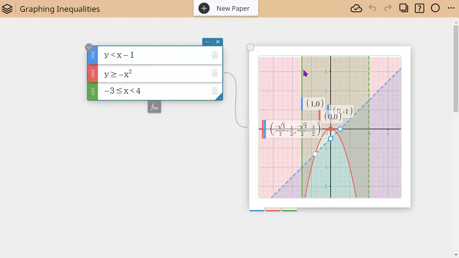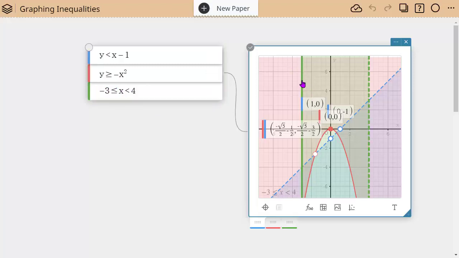Notice, again, that where we have the equal sign, so x is greater than or equal to -3, that's a solid line. And if I click on it, its intersections are going to be solid. If I click over here, these are not solid. They're open because they're not equal to, because I have less than. So that's a really nice feature. It shows the open circles for when they're not actually equal to those values, the intersections, all those things. So now notice what's happening. Each inequality is getting its own color, and they're intersecting each other, right?